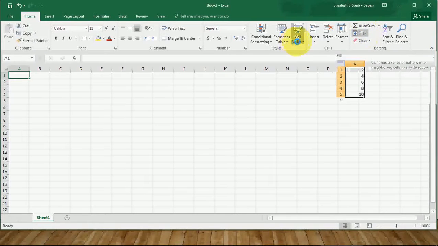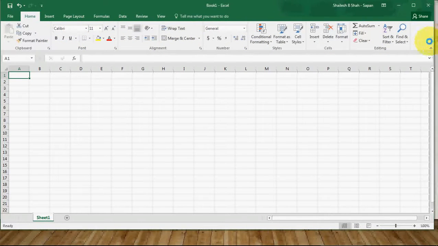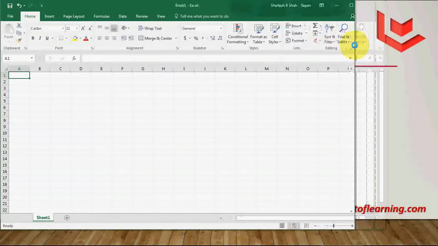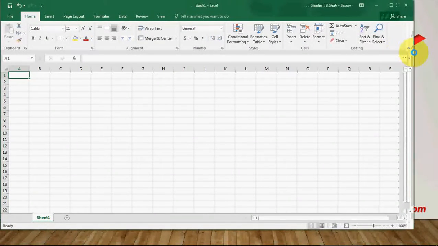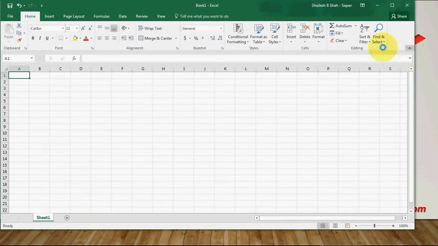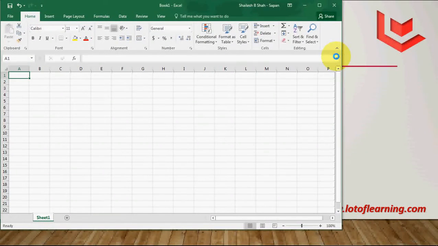I am going to shrink this workbook, and look at the icons over here. Whenever I shrink the ribbon, you can see that the merge and center icon will become a small icon. The medium icon will become a small icon.